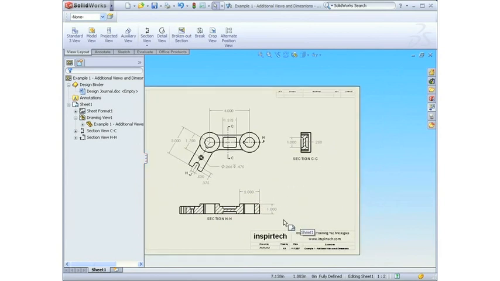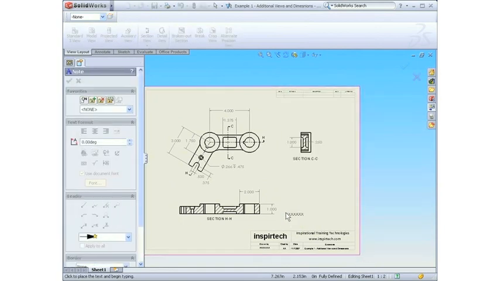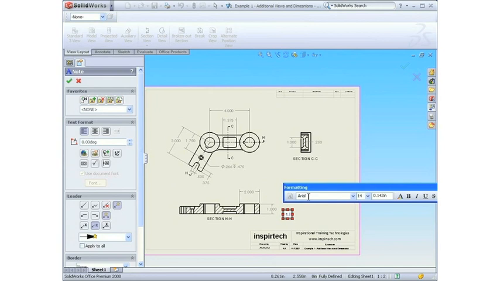But before we continue, we should go ahead and see how to add a note. So I'm going to right click, select Annotations, and select Note. Then I'll enter Note 1. It'll be fillets and rounds 1/8 of an inch